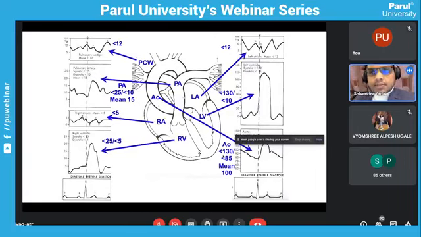aorta and systemic circulation. This is in case of patients with low cardiac output heart failure. Okay, the LV is not able to generate enough systolic pressure to push the circulation into the systemic system, and hence this is a low cardiac output state. Okay, so I hope you understood the relations between the atrial and ventricular pressure and ventricle and the great